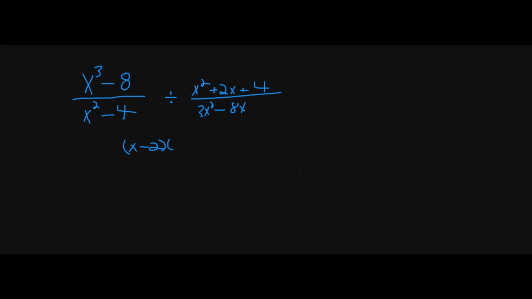times x squared plus 2x plus 4, all over x plus 2 times x minus 2. Nice and easy. And now